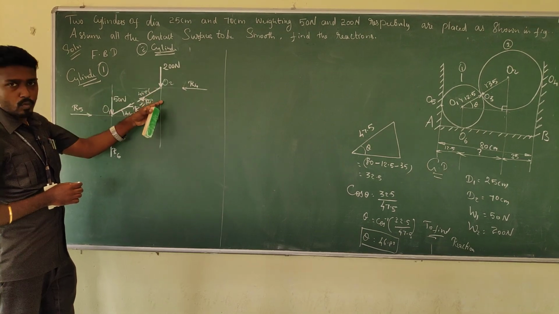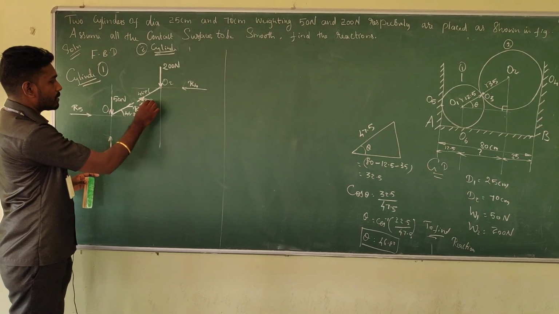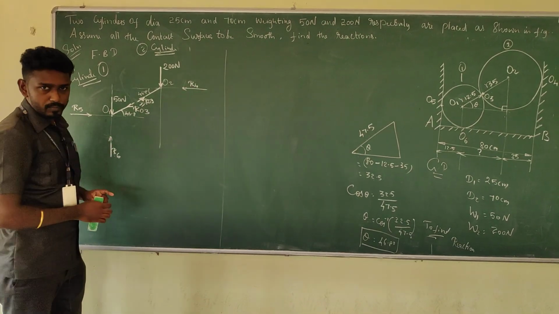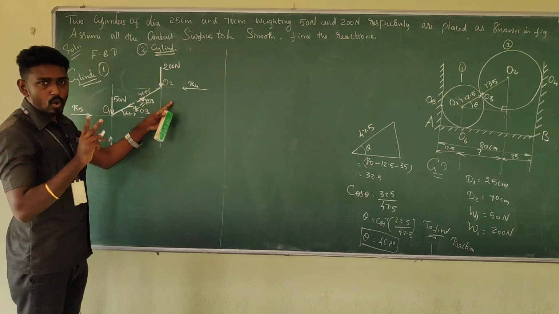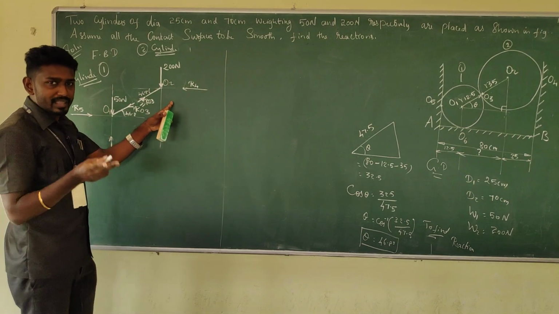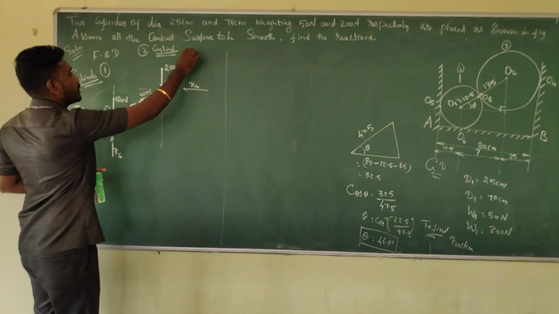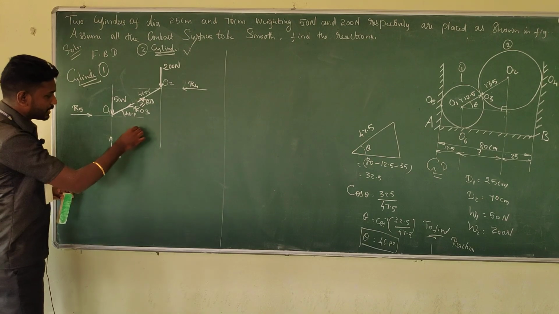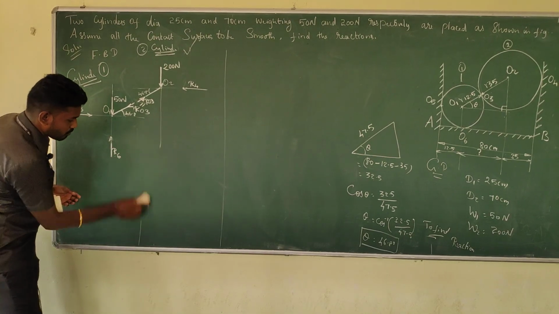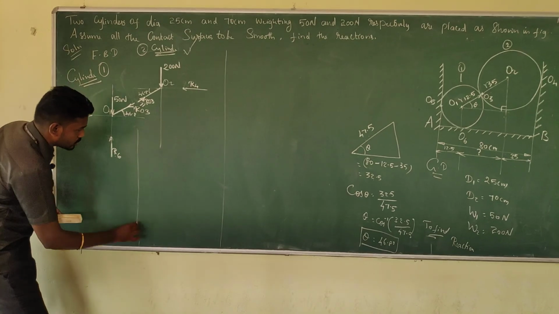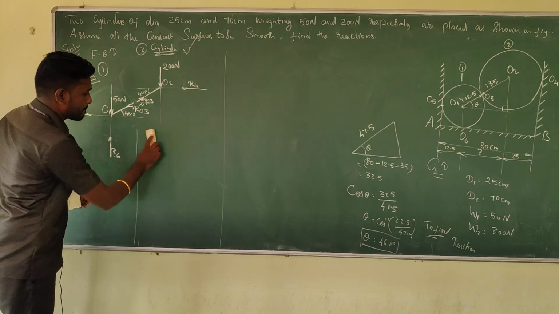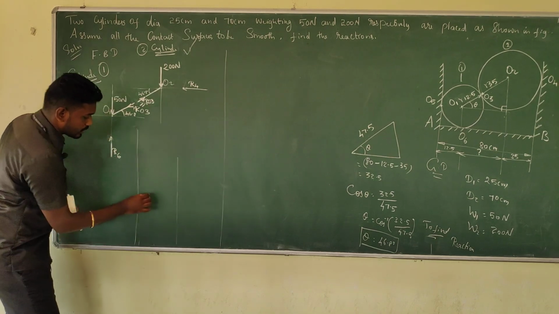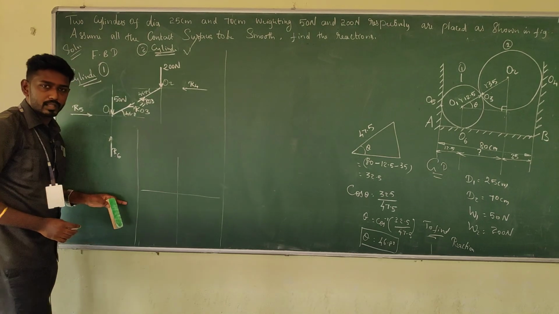What about cylinder 2? We have here RO3, which is an unknown force, and here we have R4, right? So here we have 2 unknown forces. We need to begin with the minimum number of unknown forces, so I am going to consider cylinder 2 first. In order to show this cylinder 2, I am going to draw the resolution of force diagram. So I am going to draw cylinder 2 here, with cross lines, something like this.